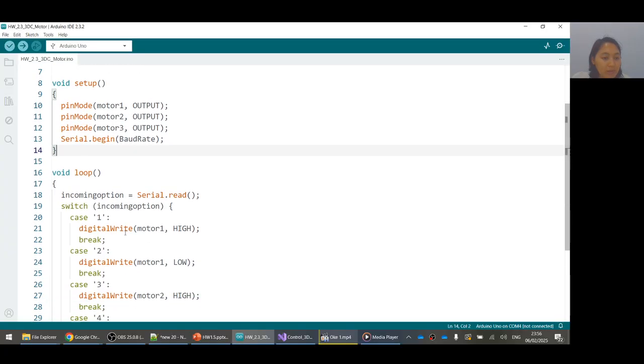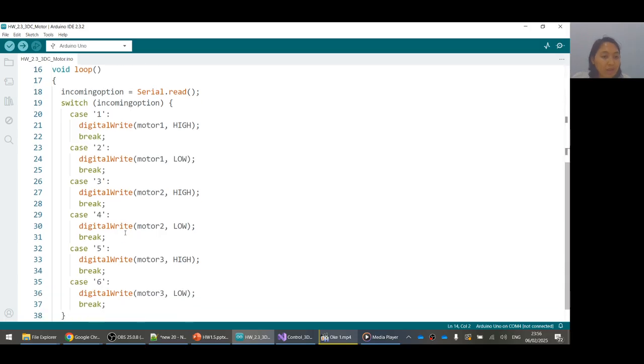And then this is the loop function that has a switch case. There are 6 cases because I use 6 buttons in the form designer, and every case is used for every button.